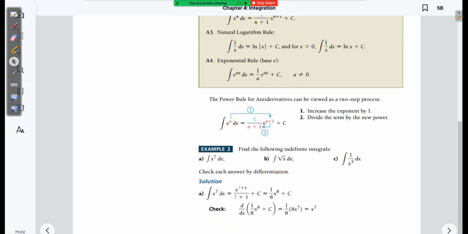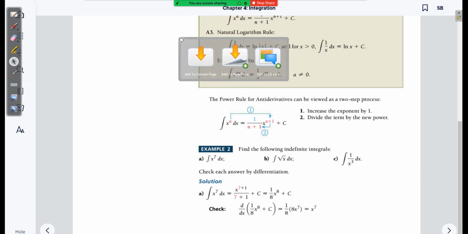All right, so let's go to example 2. All right, so we're going to crank up the difficulty just a little bit. All right, nice. We got some nice fractions and square roots and stuff here. So looking at A, we're looking at the integration of x to the 7th